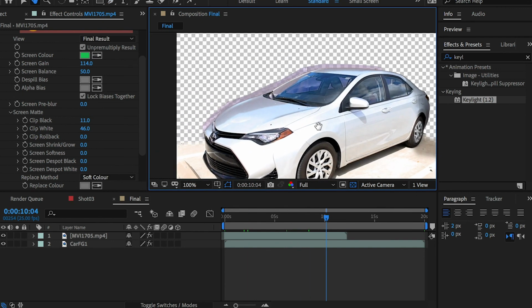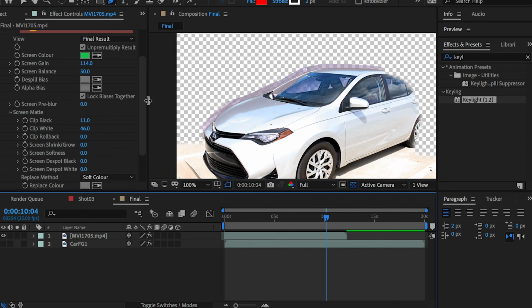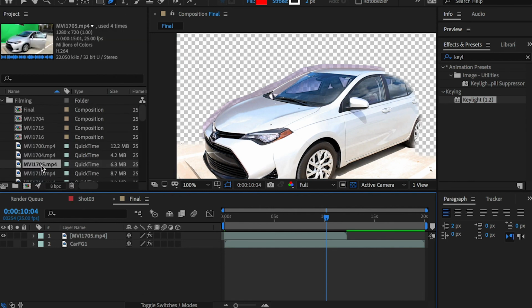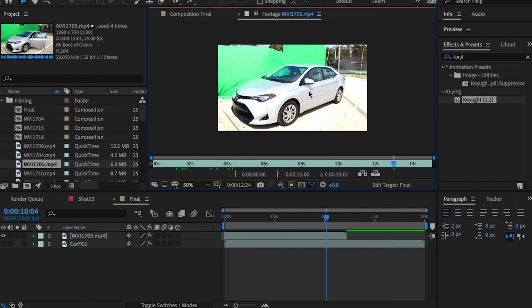Okay, as you can see, when I go to the other part, because the intensity of the sun changed, right? If I go to, let's see, this is this footage, 1705. So that will bring a question to the filming. So if you are filming outdoor with green screen, it would be great if you could film in a sunny weather or in a very super cloudy weather. And you don't want to film with the day that is sunny, but there's still some cloud in the air,